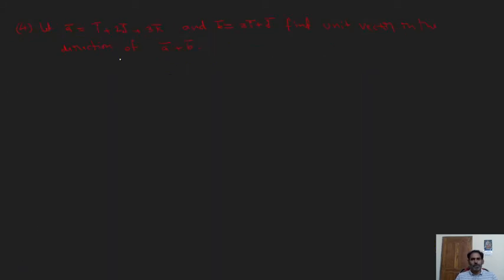Next, very important question. Find unit vector. Most important problem, 2 marks. A bar given, B bar given. Find unit vector in the direction of A bar plus B bar. Solution. First write A bar plus B bar, find out. What is given? A bar equals I bar plus 2J bar plus 3K bar. First find out A bar plus B bar. Next B bar equals 3I bar plus J bar.